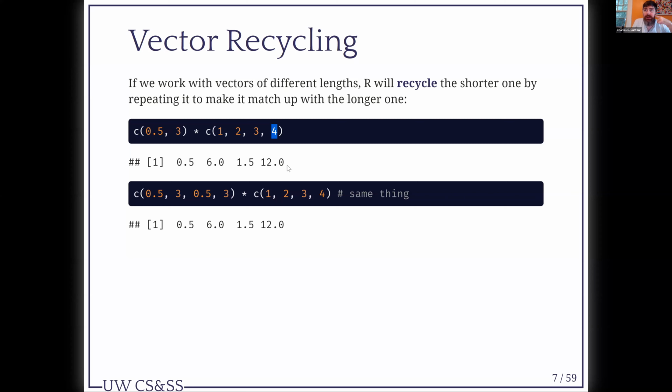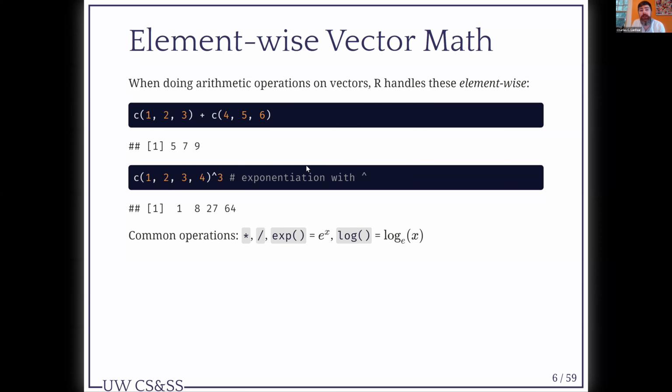Right? This is kind of an odd thing. It's called vector recycling. It means this statement up here is identical to this one down there, where I've just taken 0.5 and 3 and repeated it again. You'll see the results are exactly the same. What you probably haven't realized is that you've been doing this all of the time in R. If I go back to where I did exponentiation by 3, this would be exactly the same as taking a vector of 1, 2, 3, 4 and exponentiating it by a vector of 3, 3, 3, and 3. It's actually recycling this length 1 vector to be the same length as this,